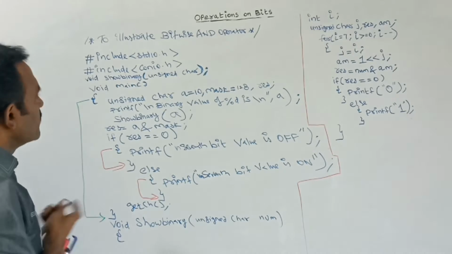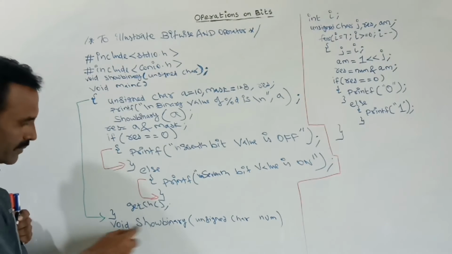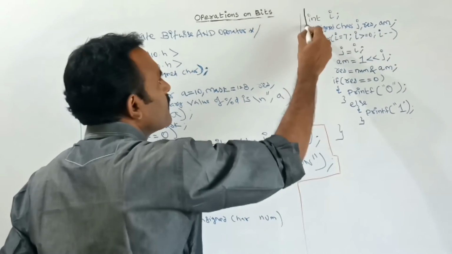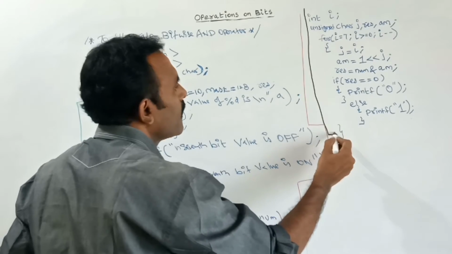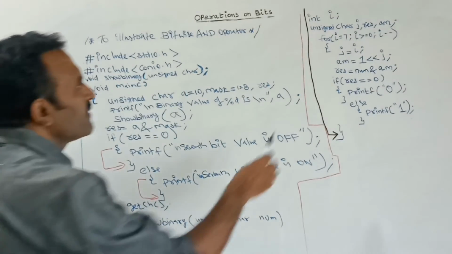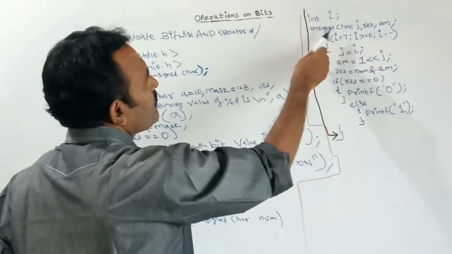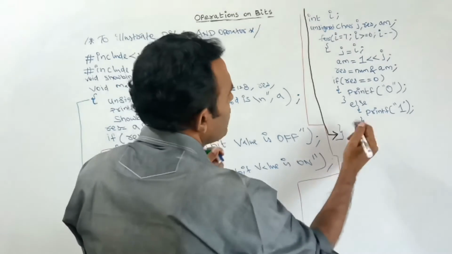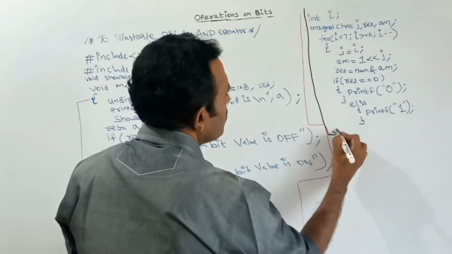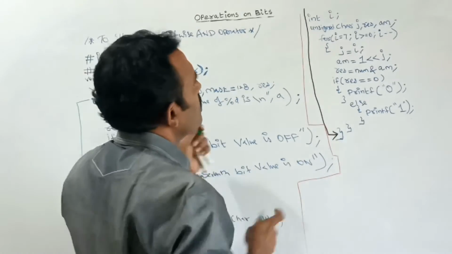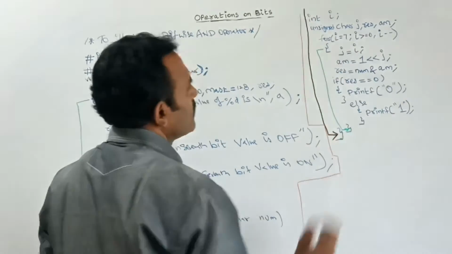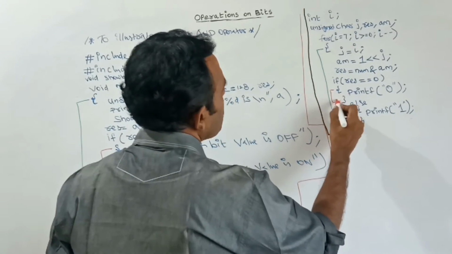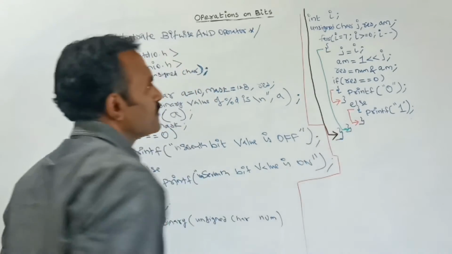See here, this is the user defined function, that is so binary. Here I am opening this brace, and I am closing this brace here. Inside this user defined function, I have declared the variables i, j, res and am. The for loop starts here and it ends here. Next, this if condition, the if part and else part.